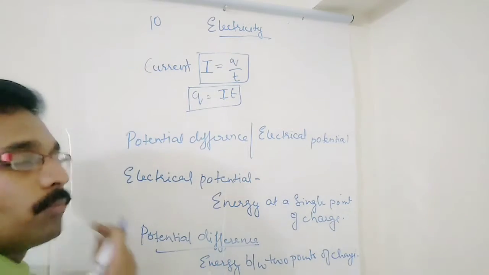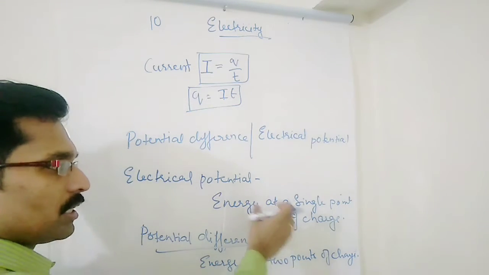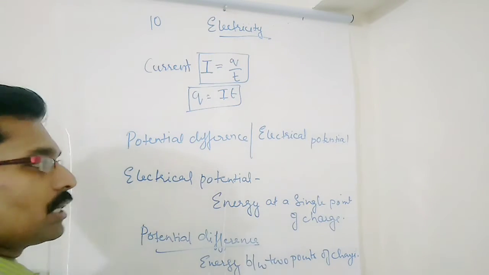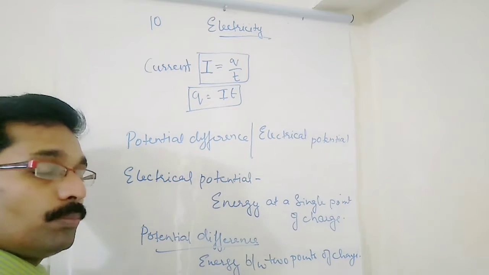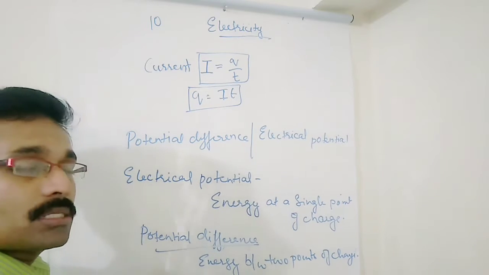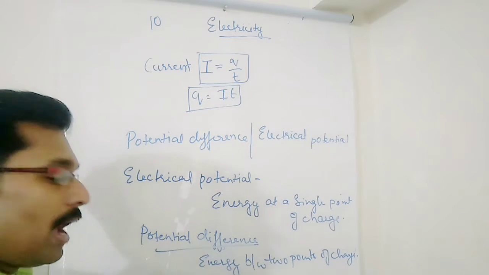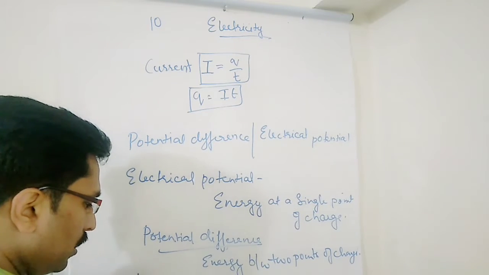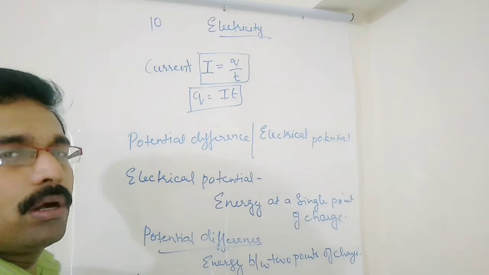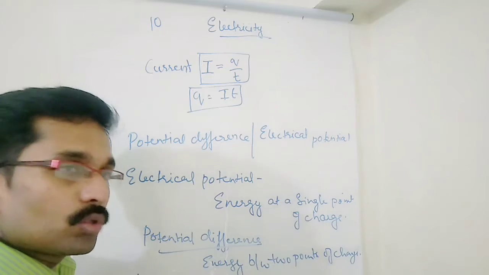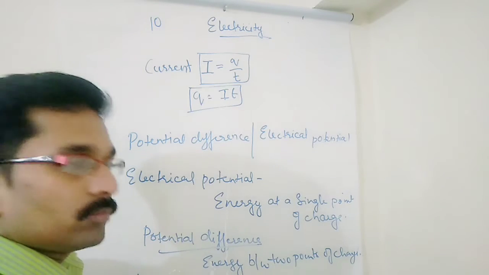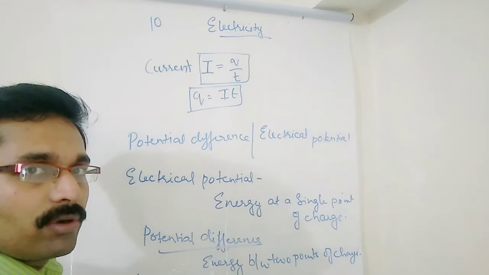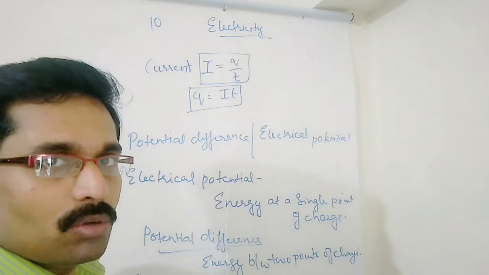So both are almost the same, but the only difference is energy at a single point of charge is known as electrical potential, and between 2 points or various points is known as potential difference. Potential difference is denoted by the short form P.D. But you should not write the short forms. You should learn it as a whole, as potential difference, because you may lose marks